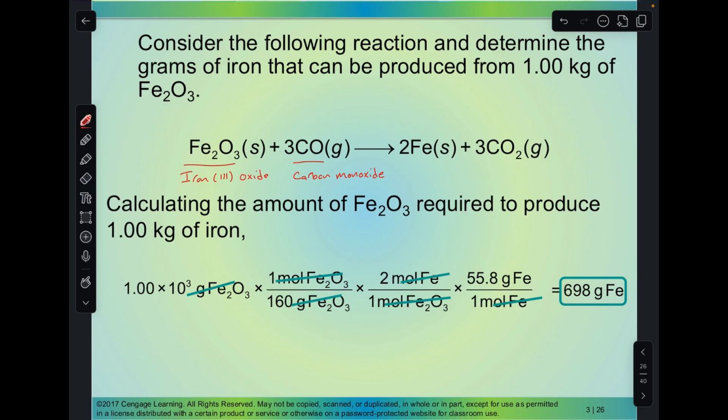And we have that converting to iron metal and carbon dioxide. And so we have this already balanced up here. But if we wanted to convert the amounts that we had, we would say, calculating the amount of iron(III) oxide required to produce 1 kilogram of iron, we'd start